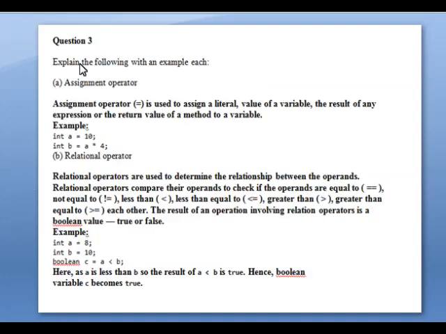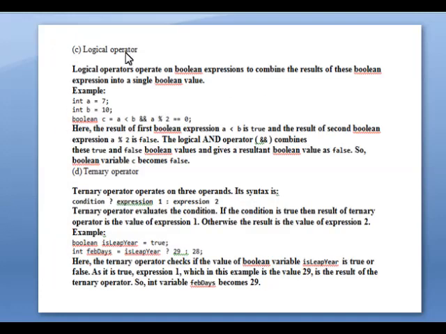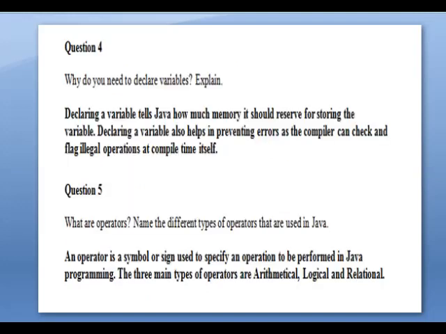Already we studied that. Then relational operator. The next one is logical operator, ternary operator. Okay, it is a repeated question. The next one is why do you declare a variable? Explain. So you know why we are declaring a variable. Then what are operators?